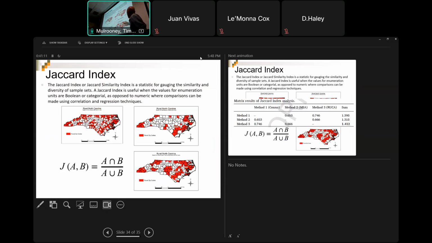And then this is called RUCAs. These are rural urban commuting patterns where that has classes from like 1 to 10 based on where people drive to work. And so these are all the rural areas where people live in rural areas and they commute to rural areas.